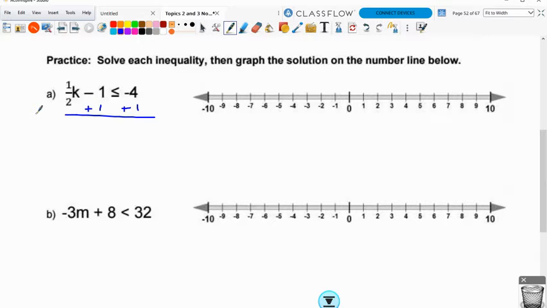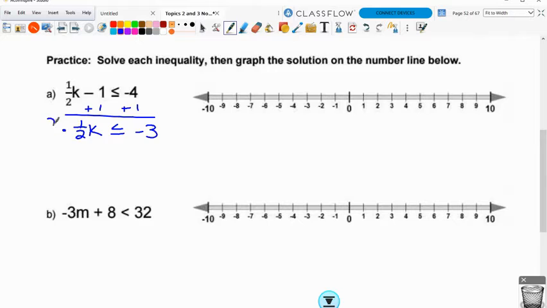On the left, -1 plus 1 is 0, leaving you with 1/2 k. And then on the right side, -4 plus 1 is -3. And adding will preserve the inequality symbol. So this is going to say 1/2 k is less than or equal to -3. Now we've got to get the value of just k. Right now, k is being multiplied by the fraction 1/2. And so instead of dividing by the fraction 1/2, we're going to multiply by 1/2's reciprocal, which is 2 over